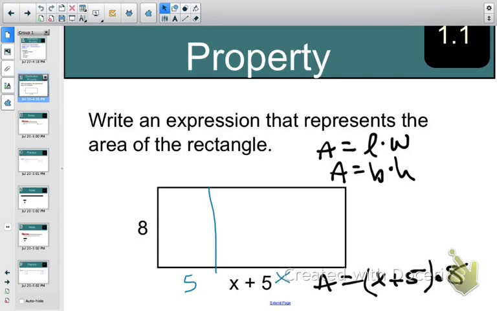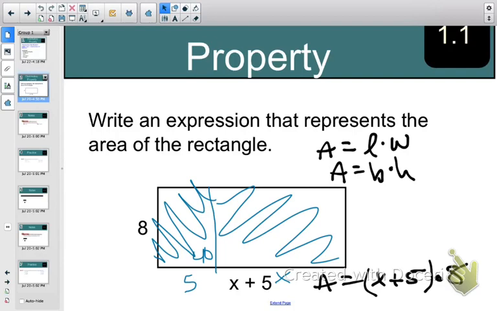If I want to find the area of this part here, I'm just going to do 8 times 5. 8 times 5 is 40. If I want to do the area of this part here, I'm going to do 8 times x. 8 times x is just 8x. So the area of the whole rectangle would be those two added together, which would come out to be